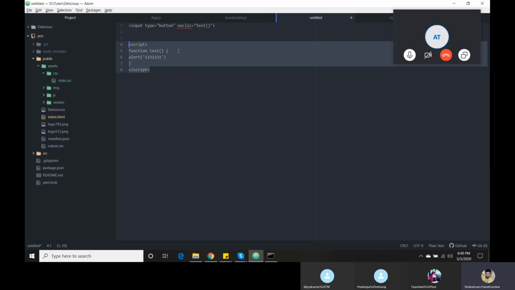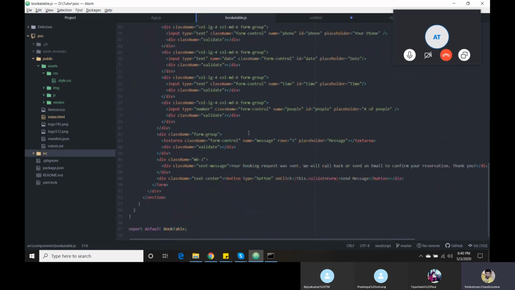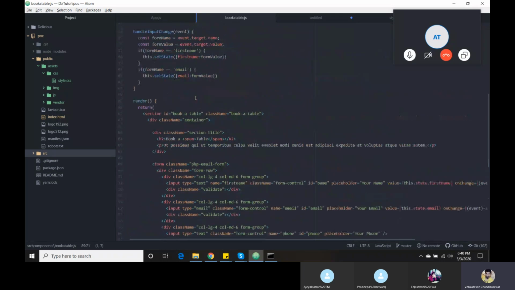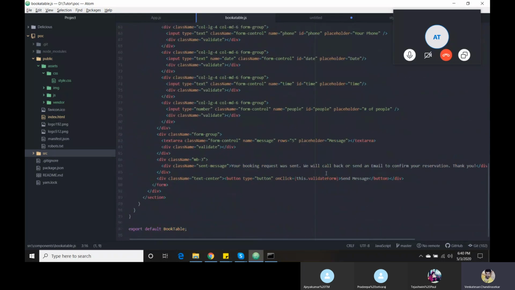This is the common way, but in React.js it should follow some rules. If you give an onClick, it should be in camel case like that. Now we are working on a class component, so I am going to write one function inside the component.